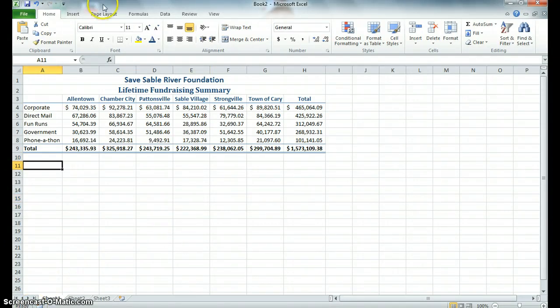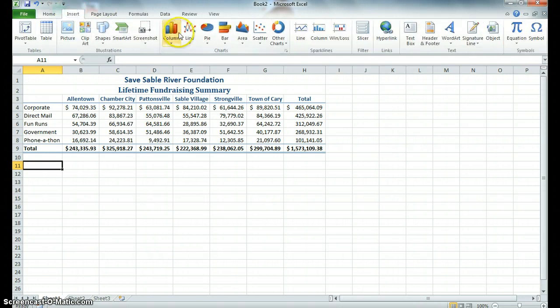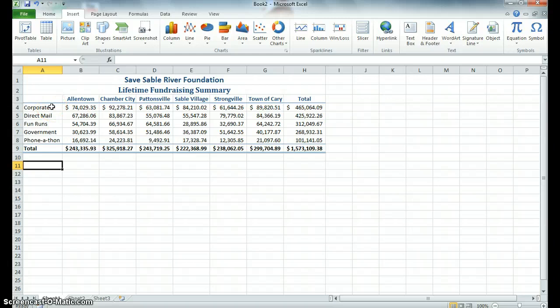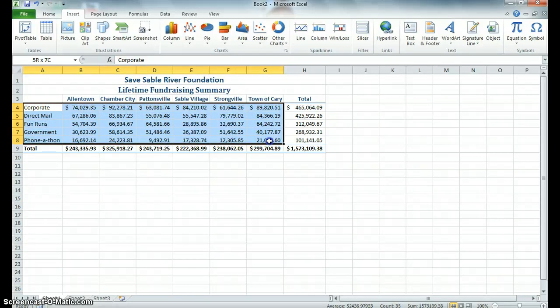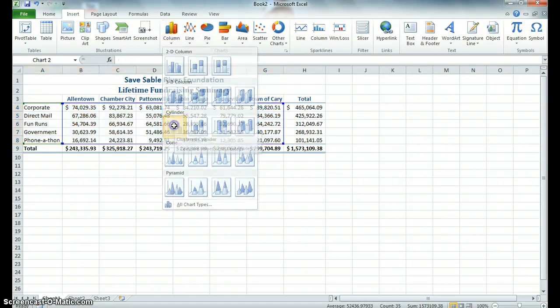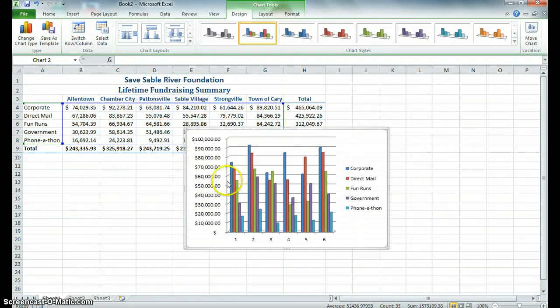Okay, now we're going to enter a chart. So you're going to go to Insert. They want a cylinder chart, and that's all in your column. Column, you see cylinder, and then it's a clustered cylinder chart. Before we do that, we have to highlight what we want in the chart. So you're going to start on A4, go all the way over to G8. Make sure you don't get any totals highlighted in that, because if you have the totals in, it makes your chart a mess. But you highlight, then you go up to column, cylinder, clustered cylinder, you click that,